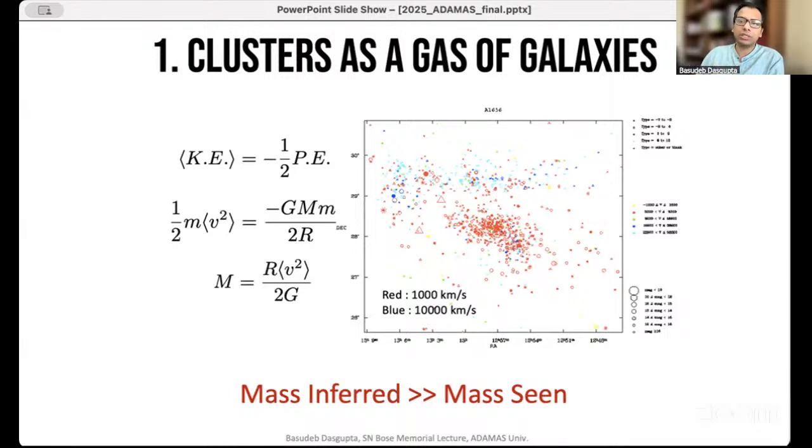Now, the Newton constant we know. R we can measure because we know the angular size of this region, and then we can multiply by the distance to this region, let's say if we know it using redshifts. And we can measure the root mean square velocity, or in this case, actually the mean square velocity. So by doing so, we can estimate this total mass. And this has been done.